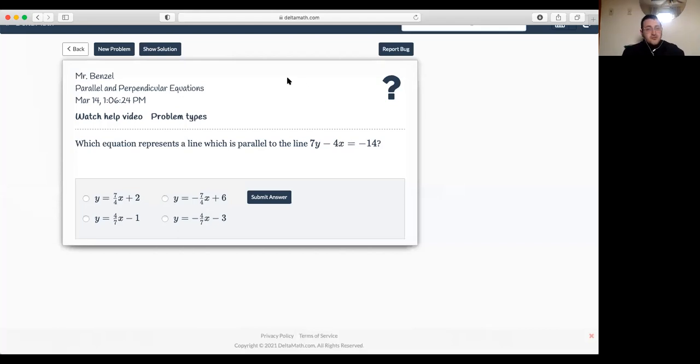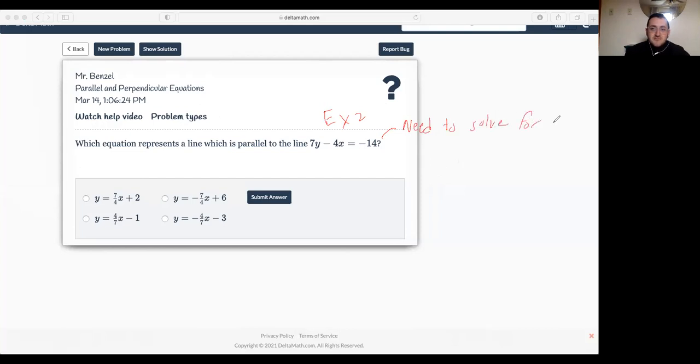All right, example 2. On this example, you're given a multiple choice question. We will call this example 2. It says, which equation represents a line that is parallel to the line that's given? Now, the problem here is that this is in standard form and not slope-intercept form. So you need to solve